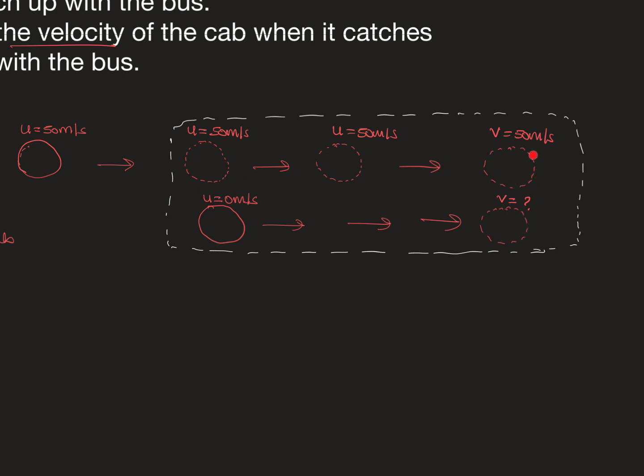This is the second time they meet again while both of them were moving. So from this point to this point, the distance will be the same. Okay? So they will travel equal distance for the cab to catch up with the bus. But you should always know that the bus will be 8 seconds ahead. Why? Because it is after 8 seconds that the cab starts to move. All right. So solution: